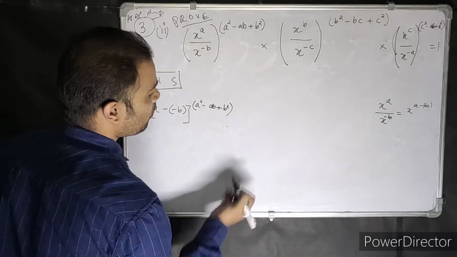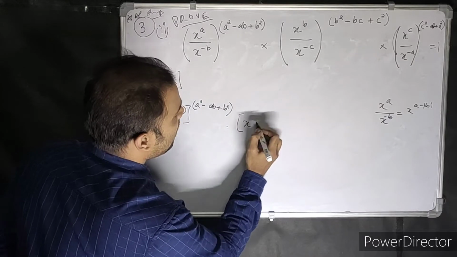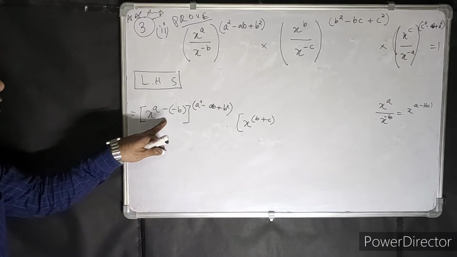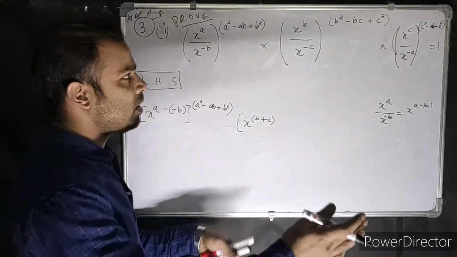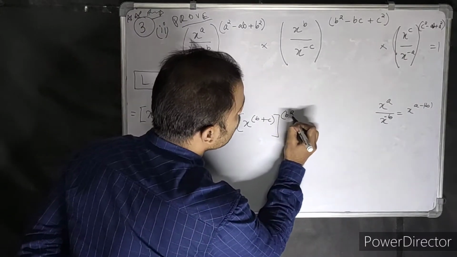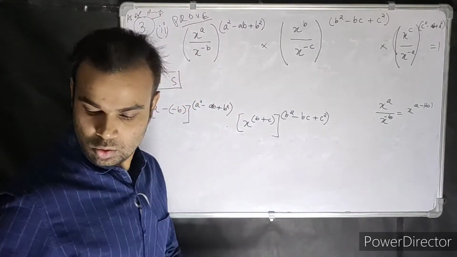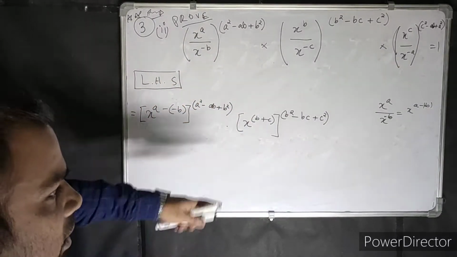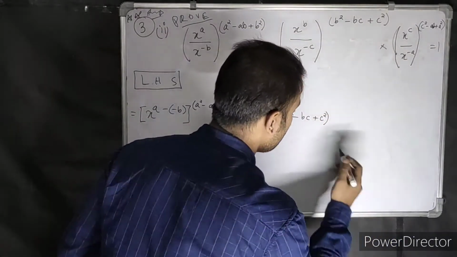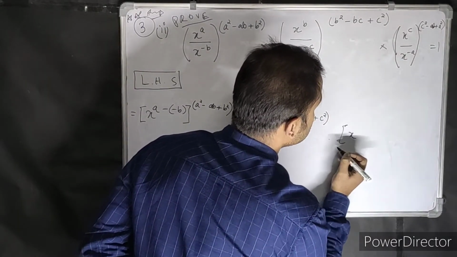Then put a dot to save space, x to the power b. You don't have to put plus every time. You can just show it for one, and for the second one, you can just perform the operation and continue. That way you will save more time and finish your paper a little faster. If you keep showing all the steps every time, it's no use, because the person correcting your paper already knows everything. You don't have to show him.